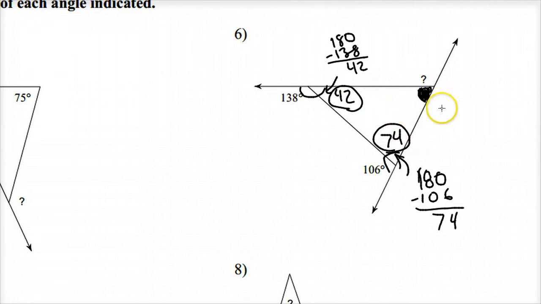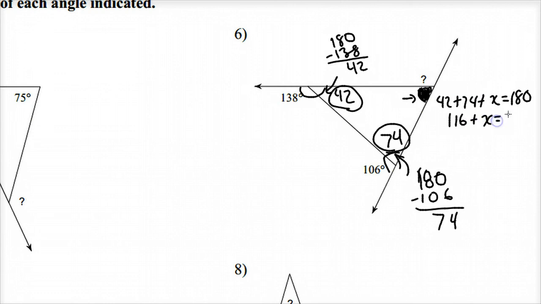And I would add those up and subtract from 180. So 42 plus 74 plus, let's call it x, is equal to 180. That's giving me this third corner right there. And 42 and 74, so 40 and 70 is 110, plus the 2 and the 4 is 6, so 116